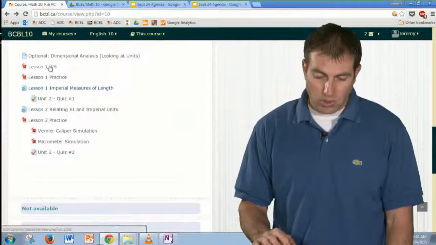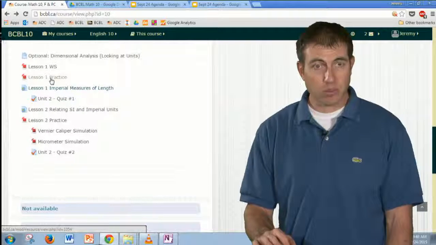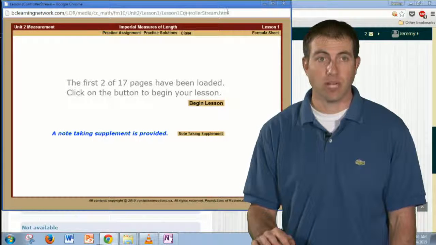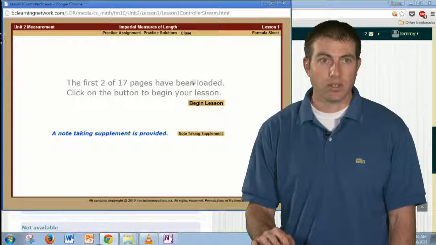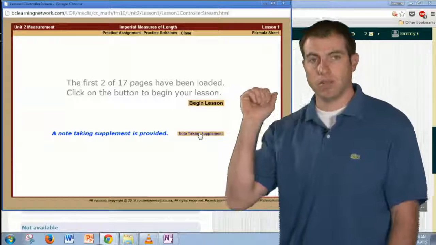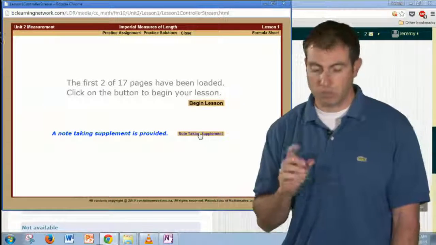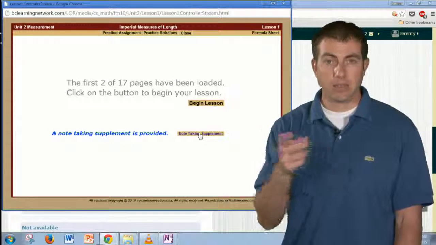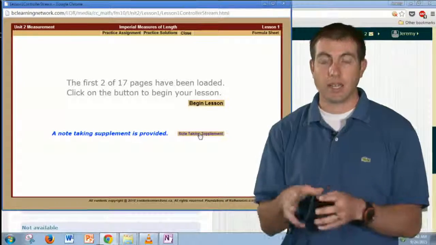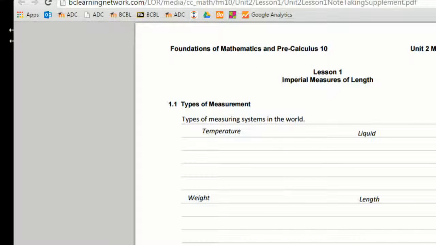All right, so the worksheet was what I was hoping to do, but we only have about 15 minutes, so I won't get too far into that. Lesson 1 practice is just the same as the sheet that is in here. Practice assignment and the lesson 1 practice are the same thing. There's also this note-taking supplement that goes along with the video, the video here behind me. So if you want to use that video, you can print off that note-taking supplement, and as the lesson goes through, you can take down notes, and it's all laid out for you exactly, and the images are all on that sheet. So I'll bring that up and show you what that looks like.